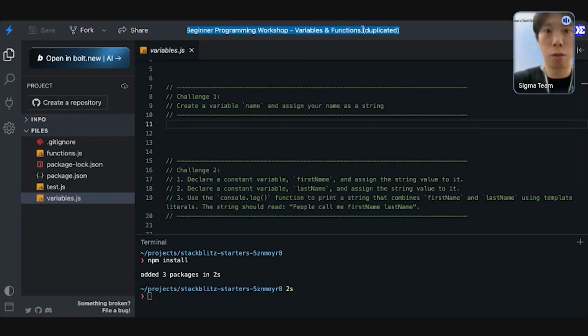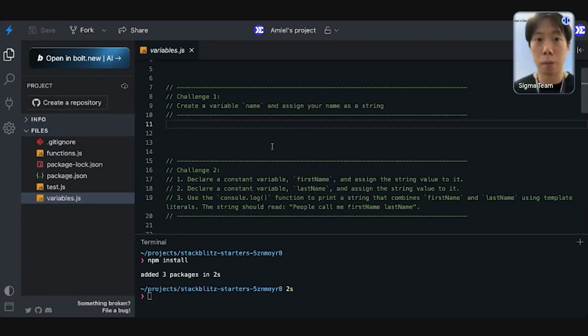So go ahead and rename it, for example emails project. If you don't want to rename it, it's totally fine. The most important thing is that you create a copy for yourself. This is your own project within your own profile, so you can make all the changes that you want, right? Once that is done, type in the chat done. So type in the chat once you guys are all done, okay?